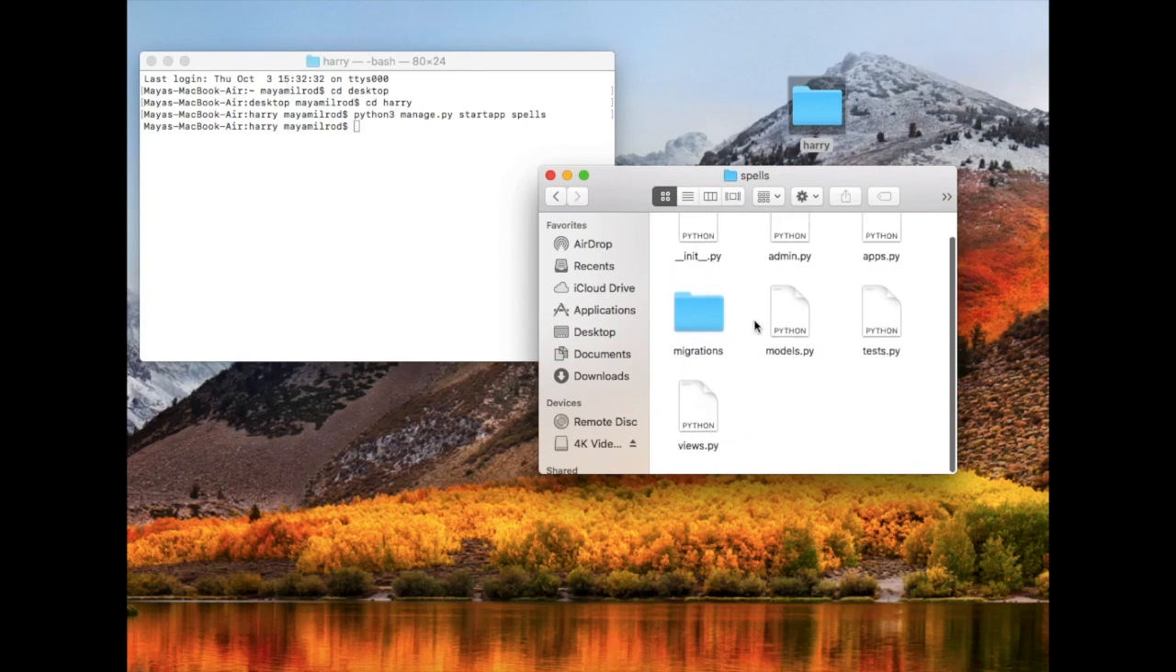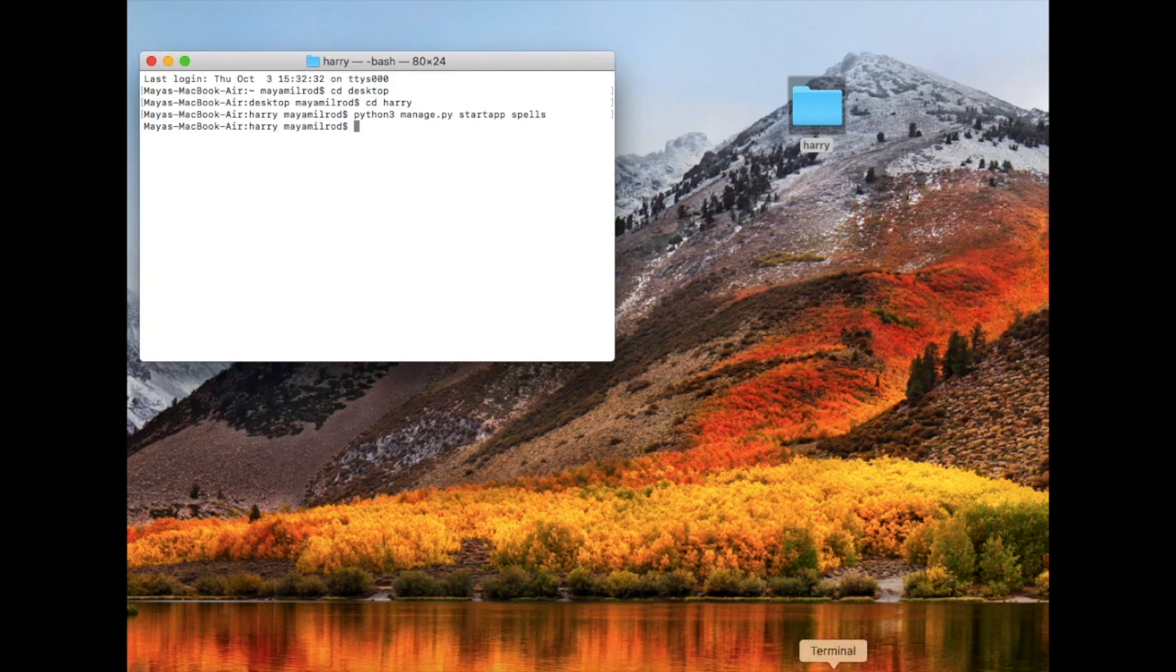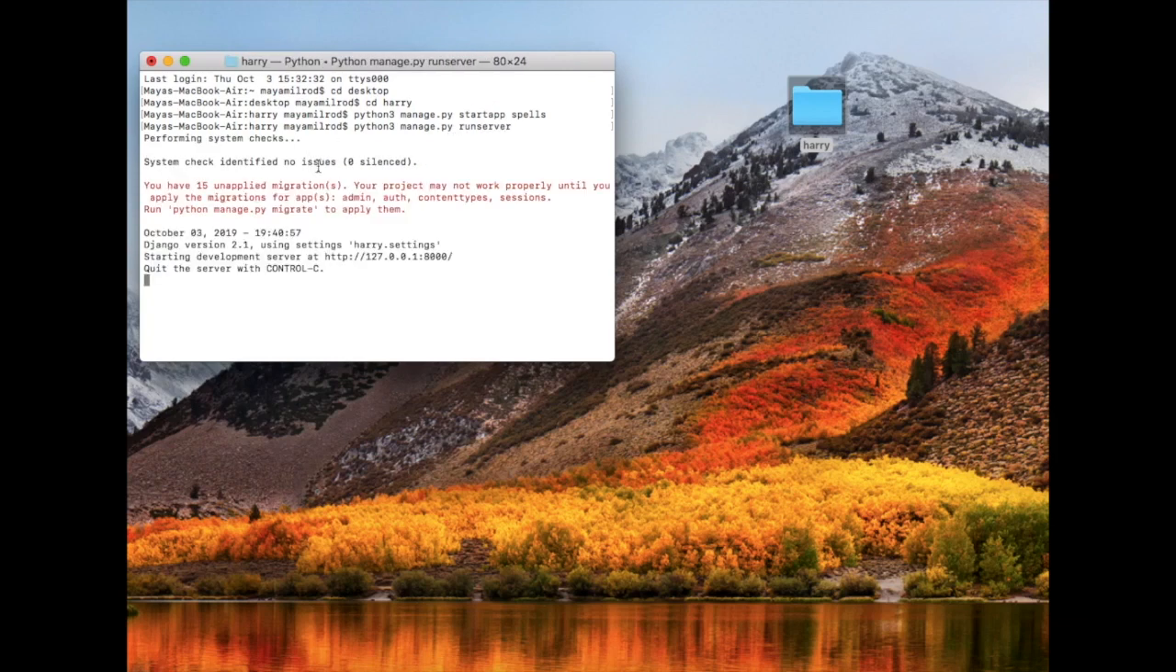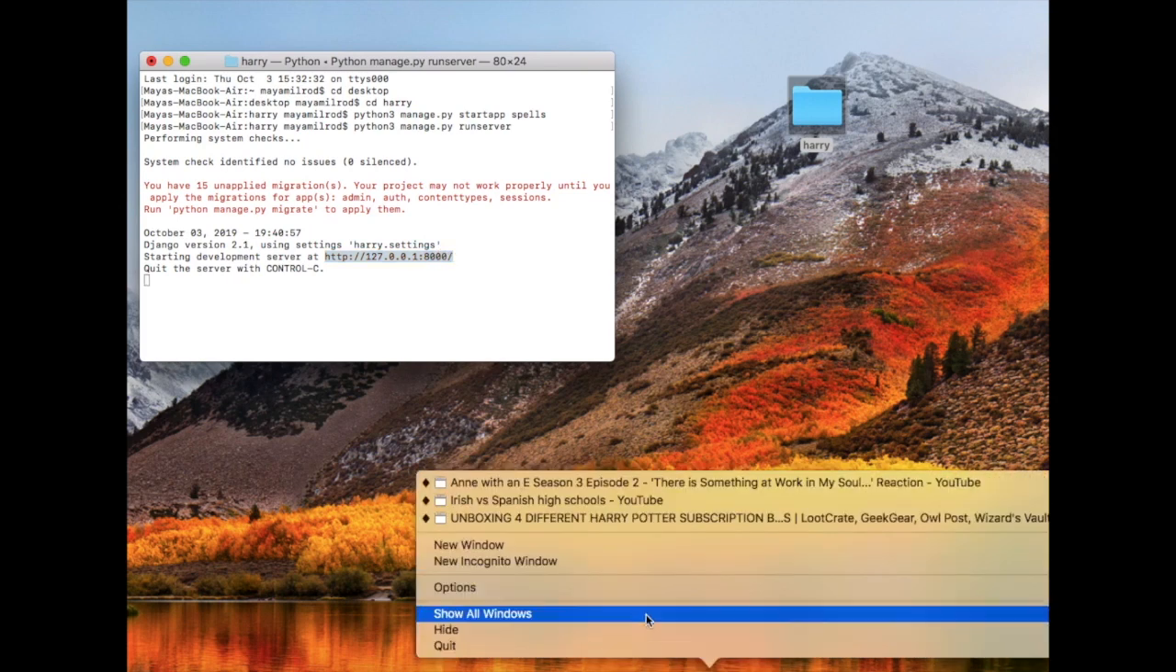You'll notice you already kind of have a website coming up, and this is where everything will be happening. So back on our terminal, we can do python3 manage.py runserver. And all this stuff will come up, and the migrations things, I'll teach you about that later. But then it has this link, you can copy it, open up an incognito window,